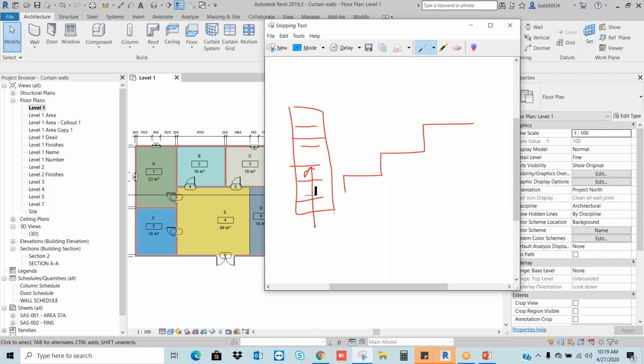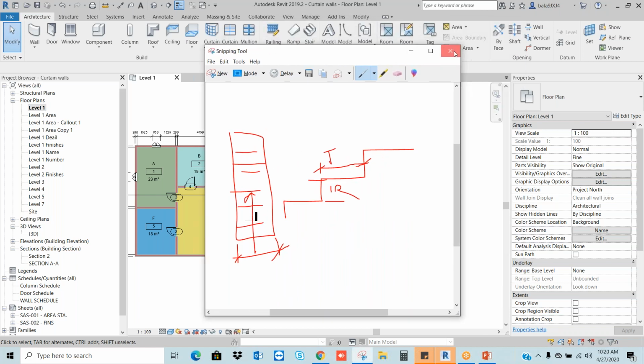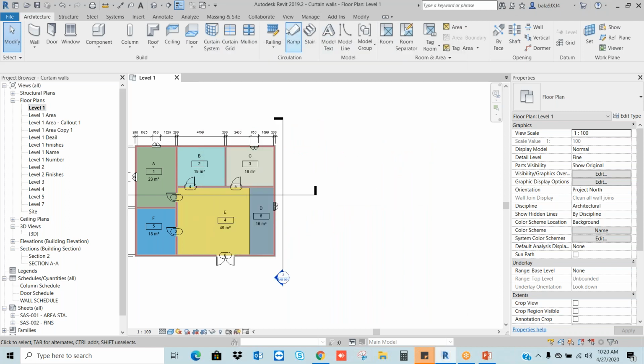Okay. First basic information is width of the staircase, correct? And second is tread, and next one is riser. Okay, these three informations we require to capture the basic staircase, right? So now I am going to the Revit.